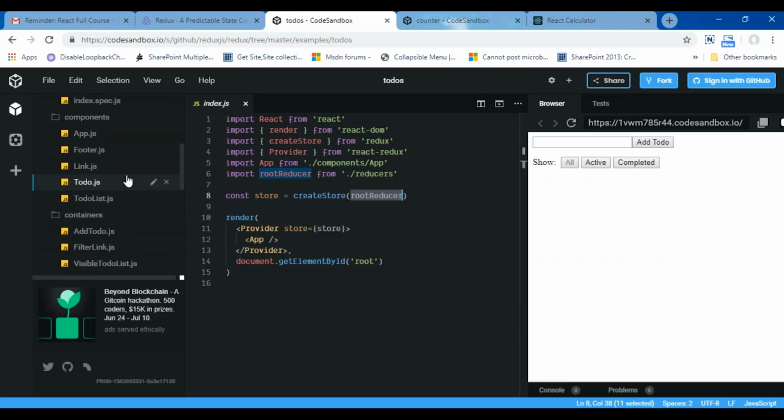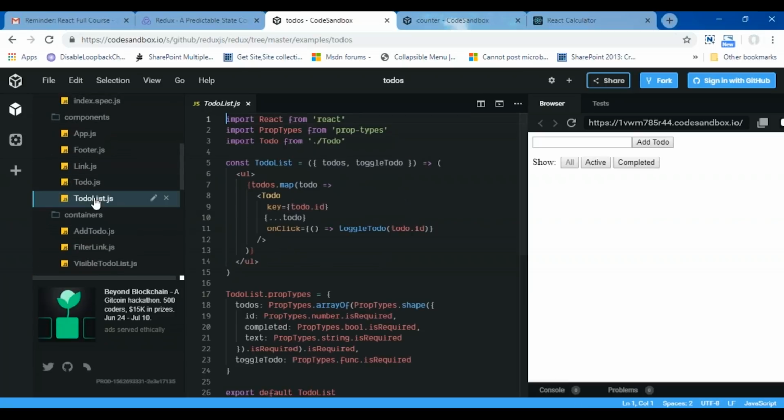So in this particular example, if I talk about the presentational components, if I go to the solution structure, I have here a to-do list.js. Now this to-do list is created for a list showing the visible to-dos. When I write something over here, I can see the visible to-dos, which means all to-dos, the active ones and the completed ones. For example, if I write here Edureka training and I press add to-do, this is added to my to-do list. If I say Vipul React.js classes and I press enter, then again this to-do has been added to this to-do list.